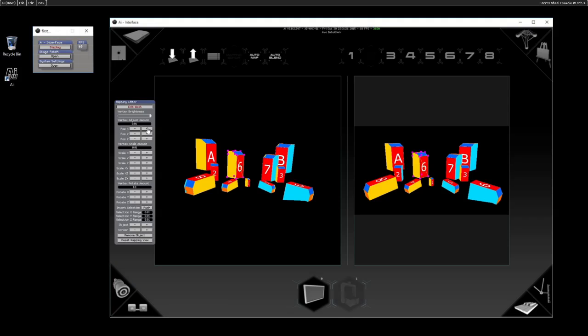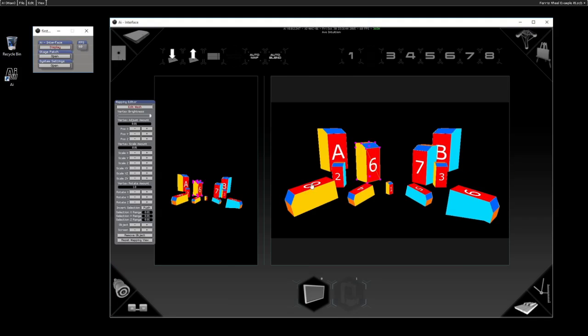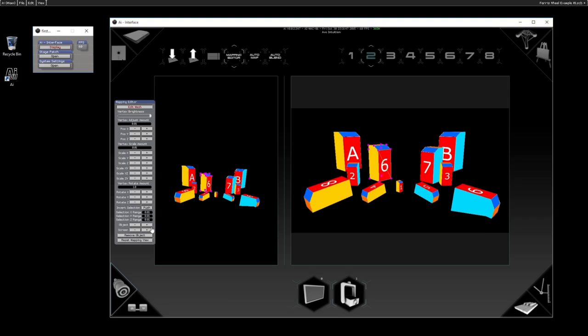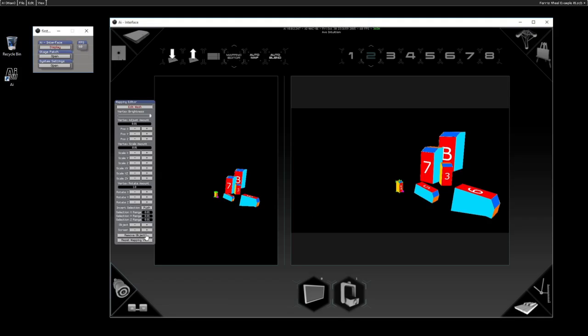But the other real benefit is when we're doing multi-projection work. If we wanted to have, say, one projector projecting on the left set of blocks and one projector projecting on the right set of blocks, normally we'd either have to do a hard edge blend or maybe mask out one of the projectors on one side and mask the other on the other side. But we have this tool at the bottom here, remove object. So if we remember that when we use previous and next object, we can jump between those objects, I can quite literally just remove the object from view, like so, and just leave what I want this